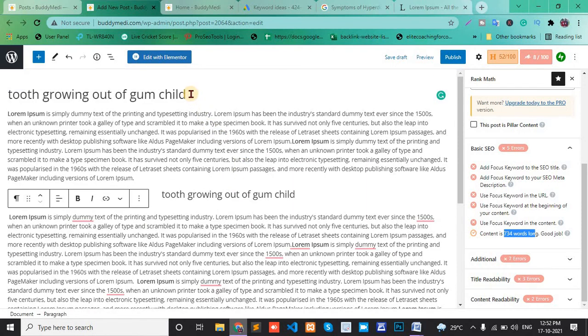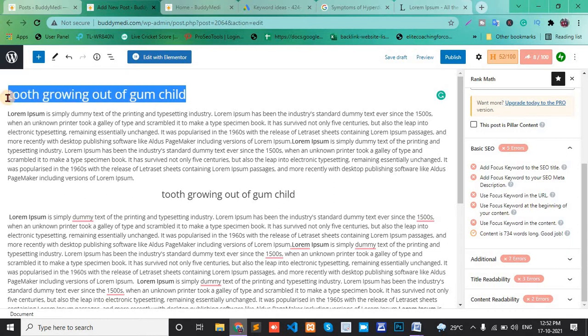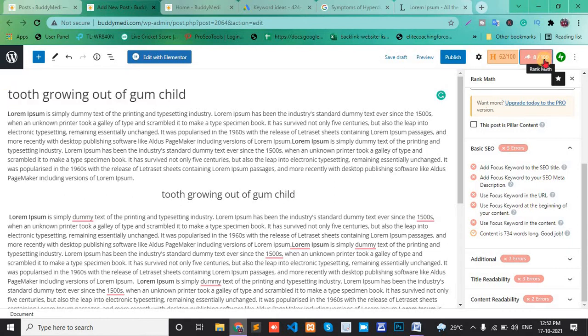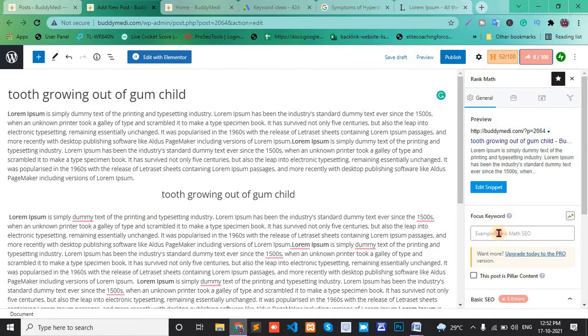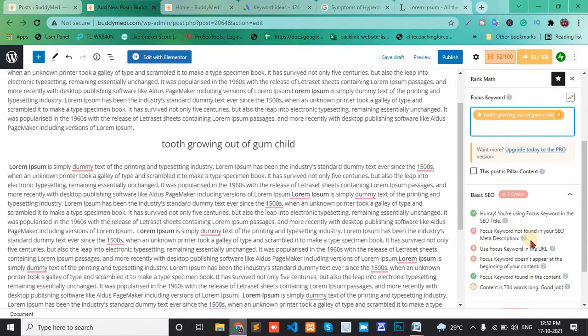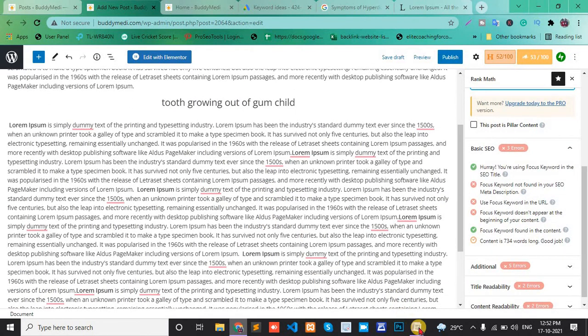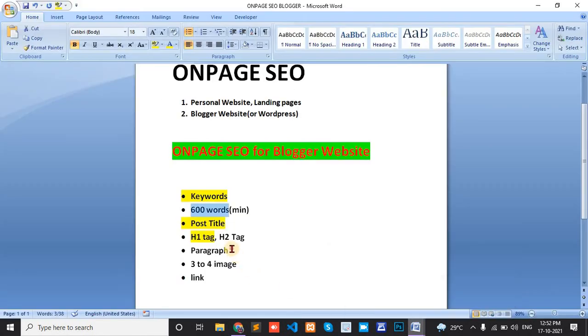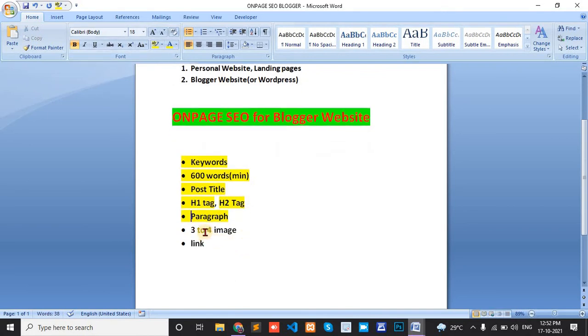And here we use RankMath SEO. So copy the title and focus keyword or main keyword. So the paragraph is complete, and the keyword should be complete and the H2 tag complete. 3 to 4 images between the paragraphs.